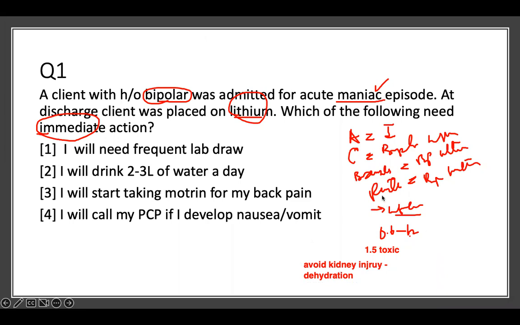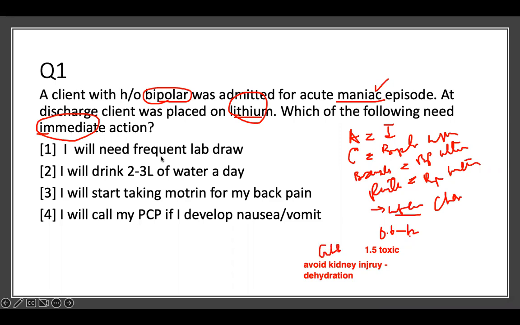Then from your rewrite, you go to your choices. So your ask, case, buzzword, rewrite, and your choice. You got to make a choice. You start from the top and make a choice and see if it's in line with your rewrite and your content. You're using your content to answer the question.